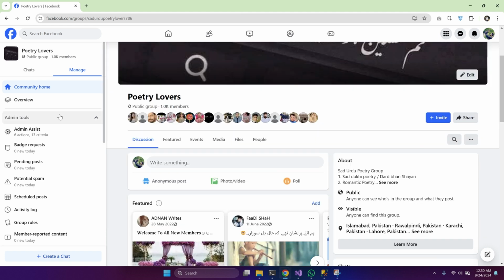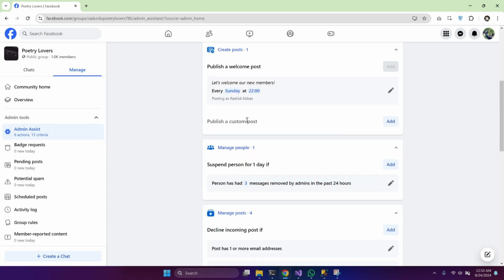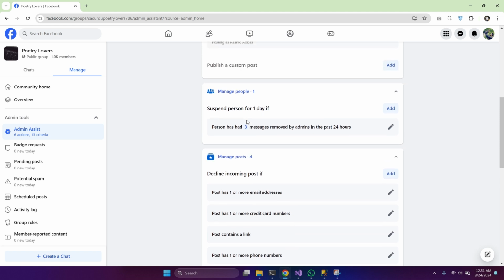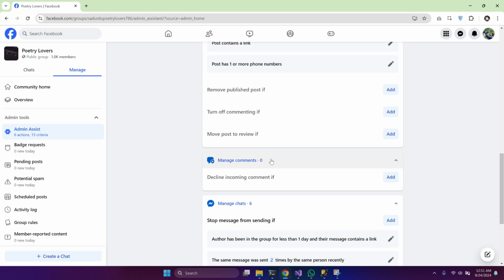On the left side you should see Admin Assist. Just click that and scroll down a bit. There are multiple criteria that you can implement, like for managing posts, and there is a section for managing comments. So I will just add criteria over here. Just click add,